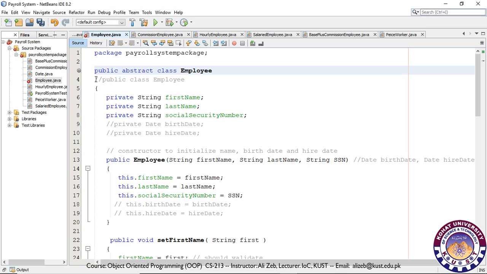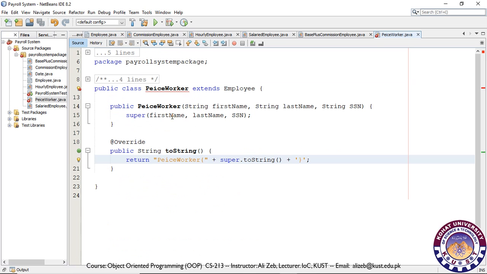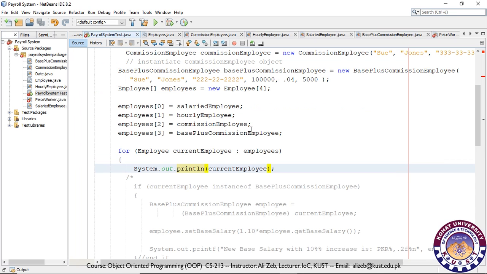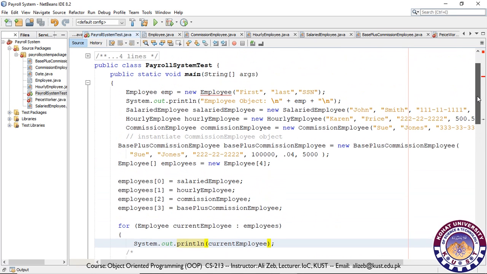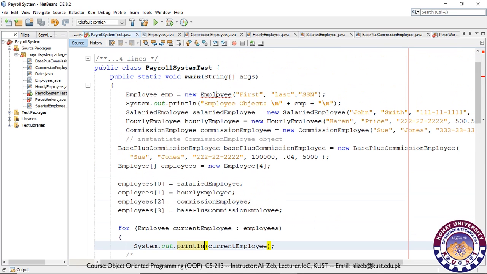So we changed the definition of our class, and now we can see that the piece worker is not bound by the compiler to implement the abstract method. Otherwise we will get a compiler error. And similarly, if you remember, now we cannot create an object of the employee class because the employee is an